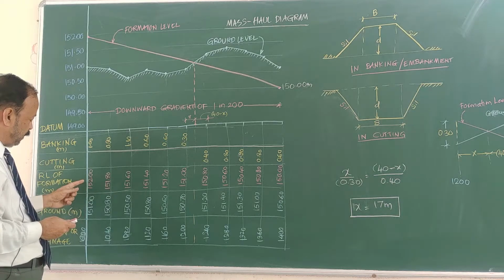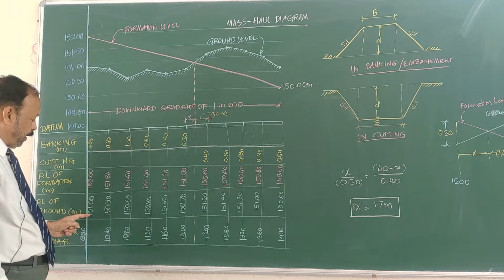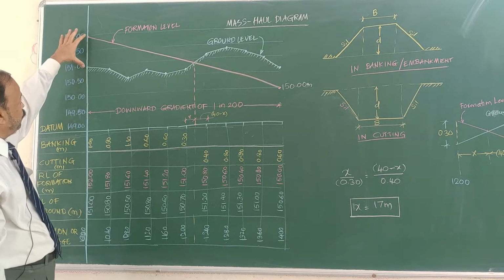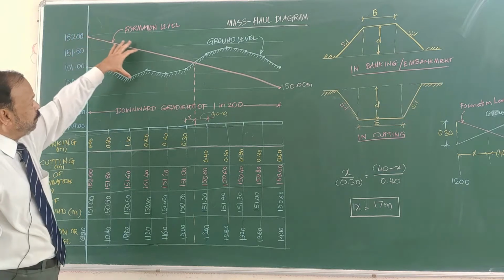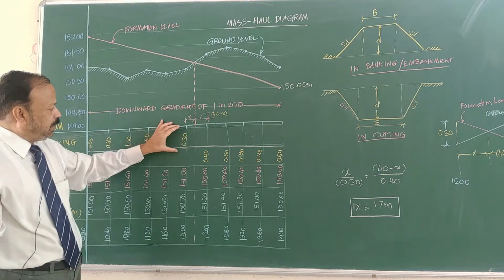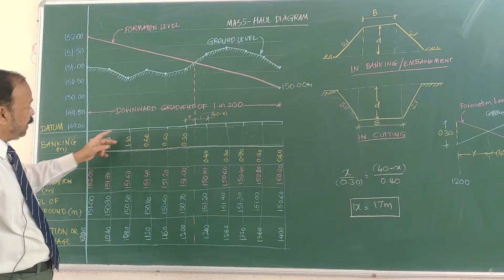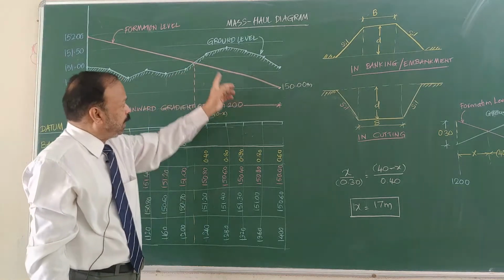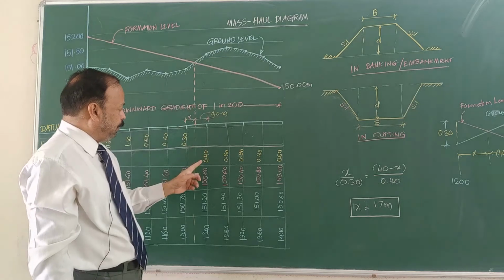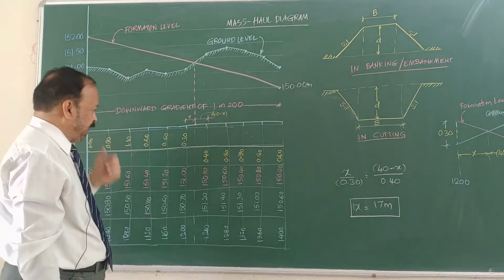So here for example the formation is 152 and the reduced level of the ground is 151. So the difference is 1, that is 1 is written here, and this is 1 meter and this much is the filling. So you have to enter all these items in the filling column, then you have to enter the remaining portion. Here the ground has to be cut as the ground level is much higher than the formation level. So these are the depths of the cuttings at respective chainages.